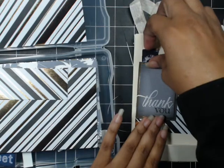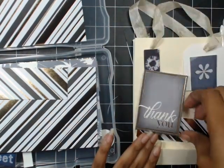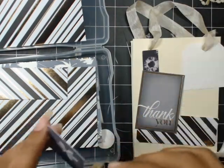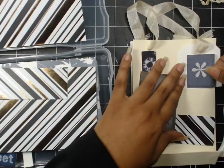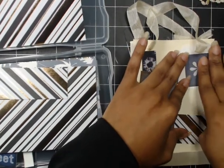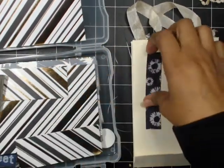Just adding some flavor to the bag. Okay, that's what I'm going to do. Just layer some things together, kind of give it the eclectic look. But I think this is going to turn out just fine. So I'll put this little decorative piece on the front of the tag, or you can go in and put the name on the back side. I'm going to go in and add this little